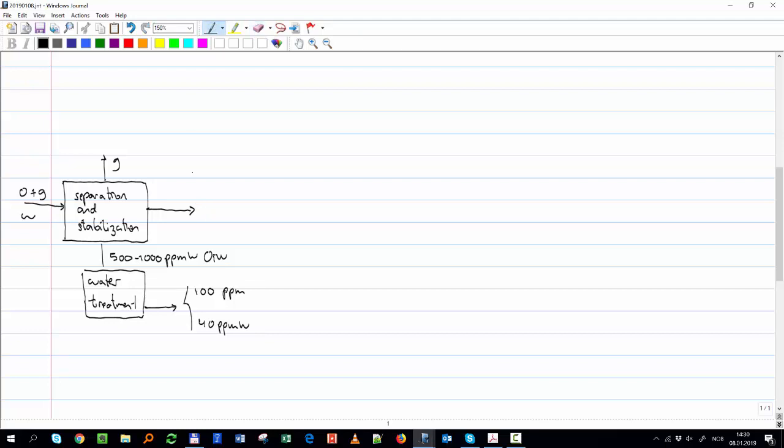Now with this oil that comes out of here, what process do we have after for the oil? You have to do three things. What are those? Dehydration, desalting, and stabilization. So dehydration,